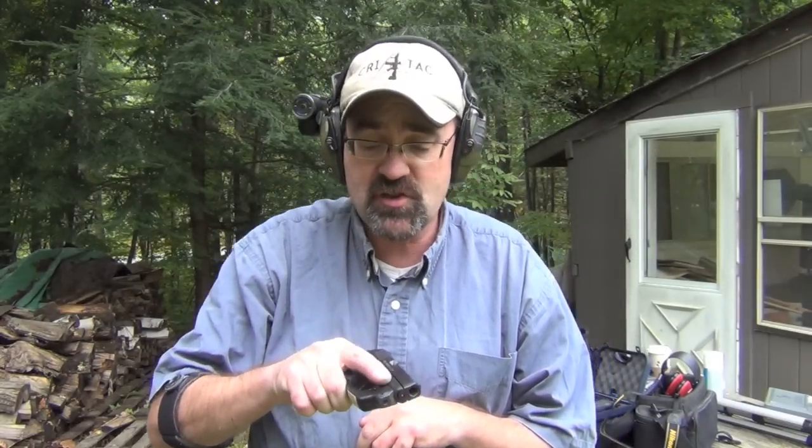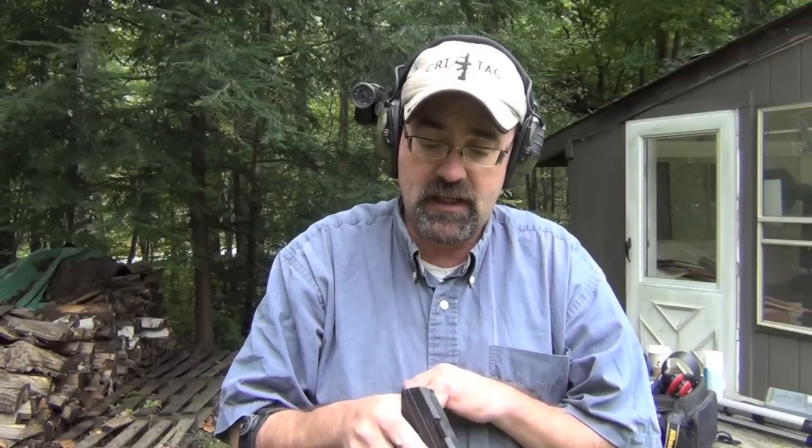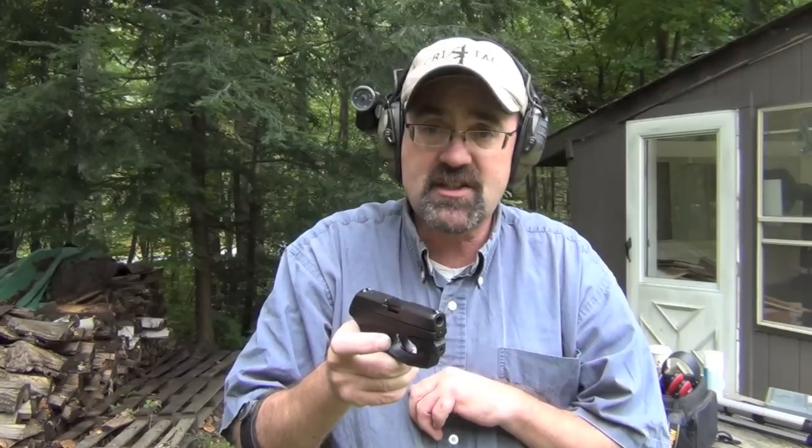Sort of a double action trigger. The reason I say sort of is when you work the slide, you have partially cocked the gun. But it does have that long double action trigger, doesn't have any external safety, does not lock back on your last shot. This model, however, has what I consider to be a great piece of gear on the gun,